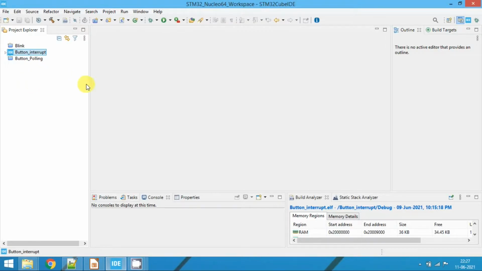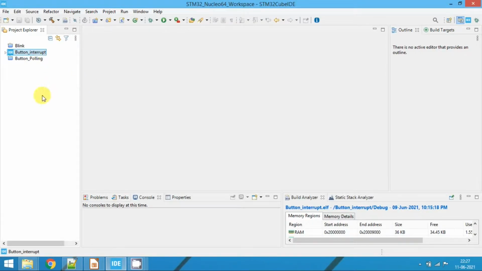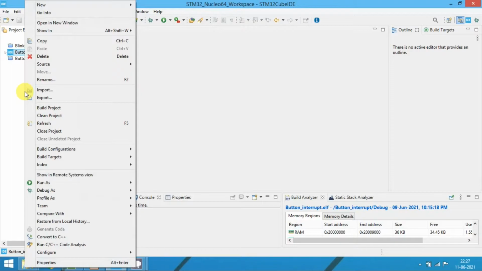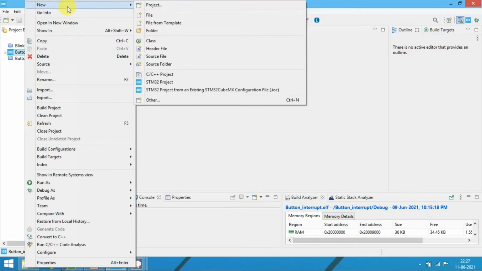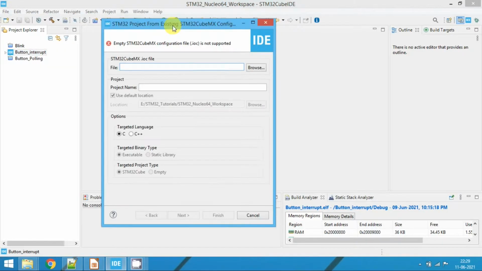In the Project Explorer window, right click, go to New, and then create an STM32 project from an existing STM32CubeMX configuration file, that is the .ioc file. Now it will ask for the existing IOC file. As I said, I'll create a project from the button interrupt project.